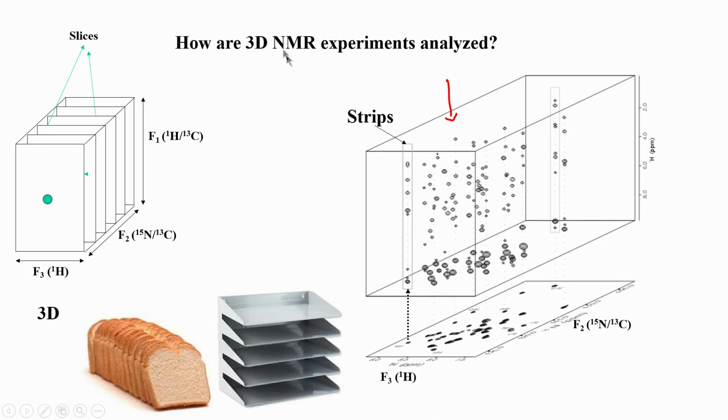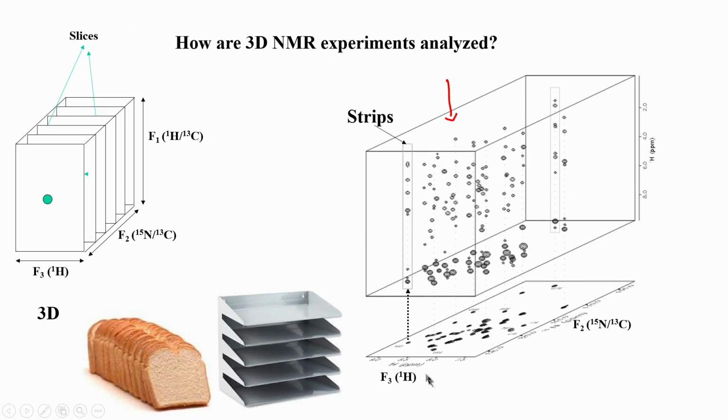So, that is how NMR experiments are analyzed. We always start from a 2D projection, which is usually a C13 or N15 HSQC, and then from there we look in the third dimension, which is added here now. So, the third dimension is this here. The 2 dimensions were these 2 dimensions, but the third dimension is added, and in the third dimension you are getting new sets of correlations, chemical shift peaks.